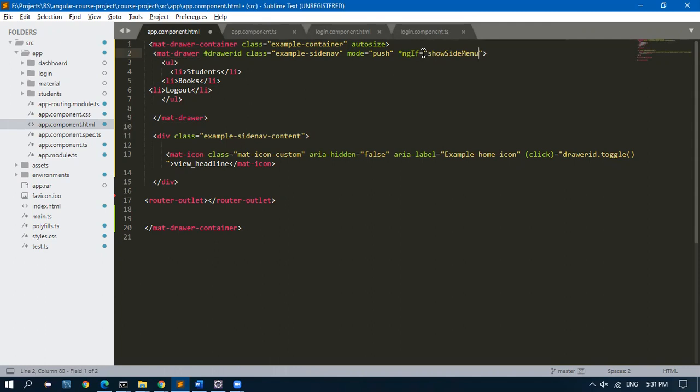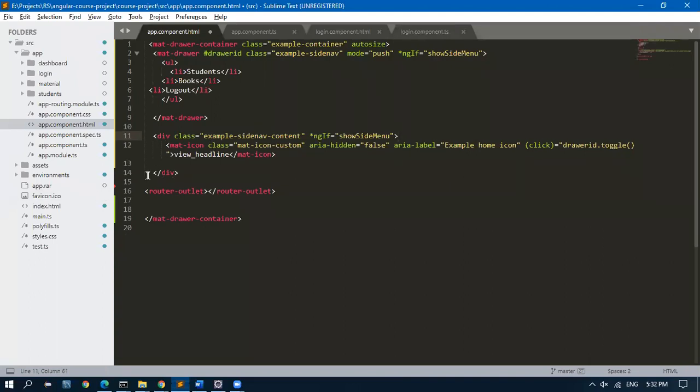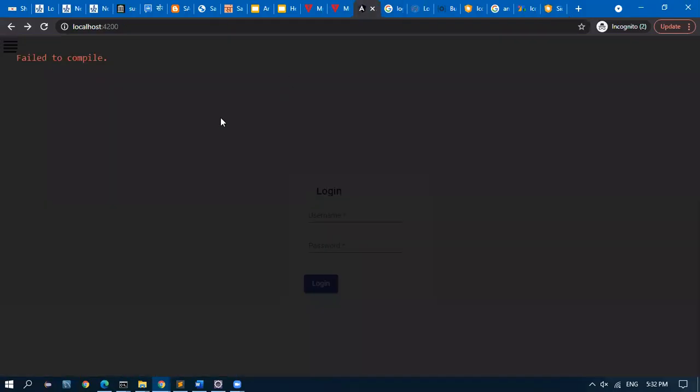If this is true, then show. The same way, if this is true, show it here. Now by default, this will be hidden.